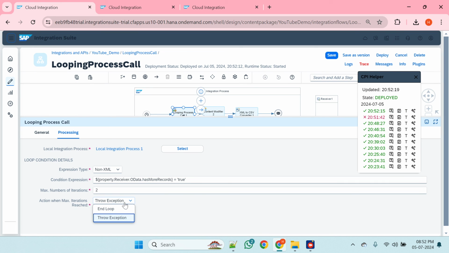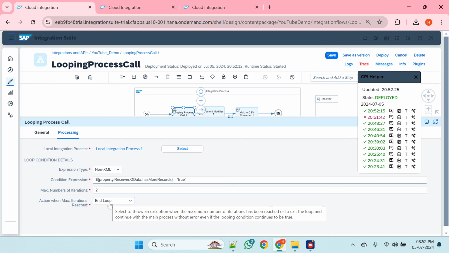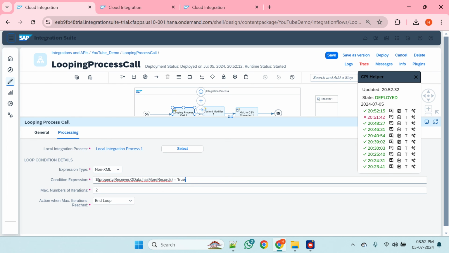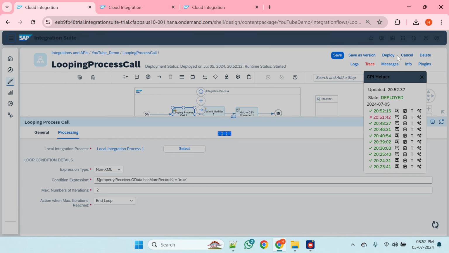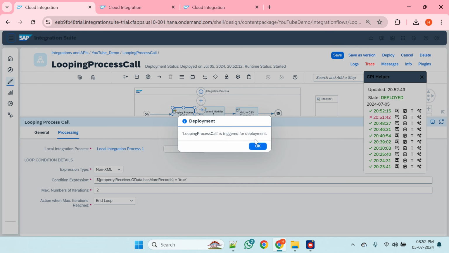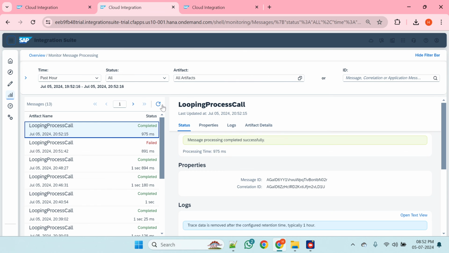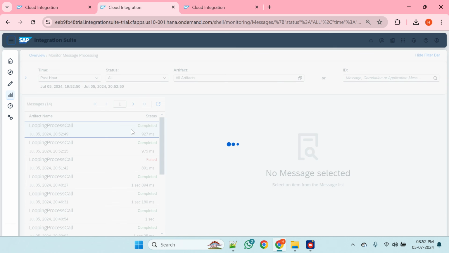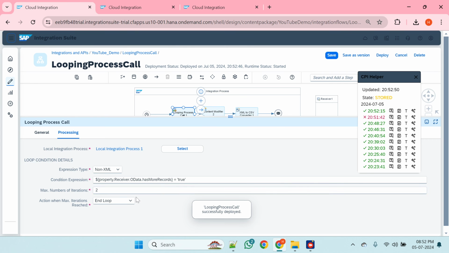I will give max iterations reached, end loop. When it reaches the max iteration, it will end the loop. It will not check whether the condition is true or false, satisfied or not satisfied. Once it reaches the 2 iterations, it will end the loop, but it will not fail. It will complete the iflow. Okay, we'll see. See, completed. So like this